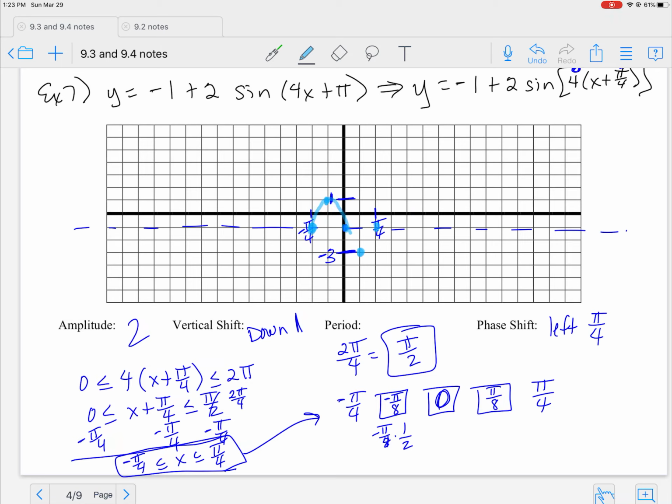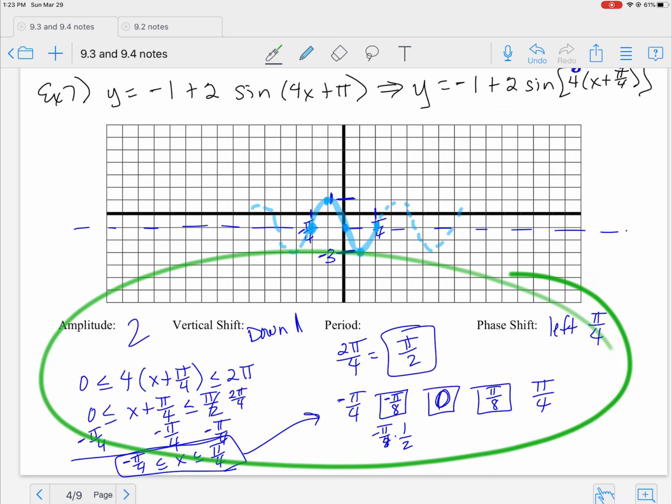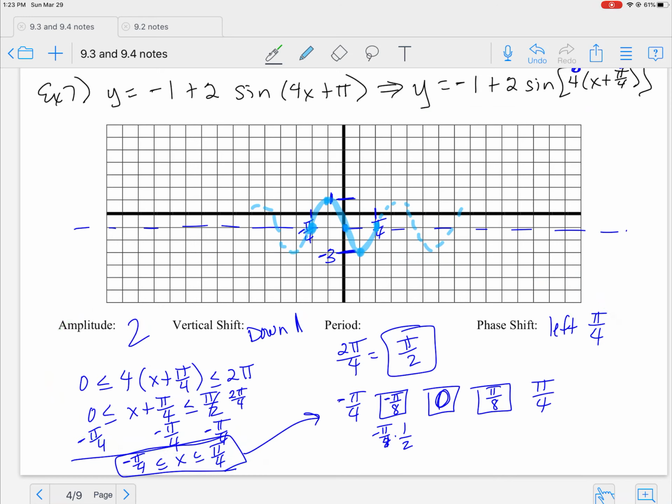Here, I'm going up to this value, hitting that, down here, and then back up. There's my actual graph. As we know, this does just keep going. I want to just really emphasize the fact that we're only graphing one period, but that doesn't mean my graph stops there, right? Okay. It doesn't matter how many